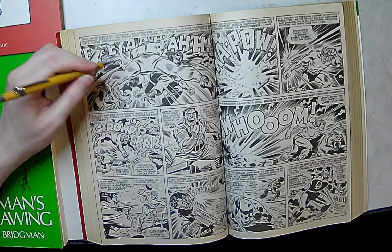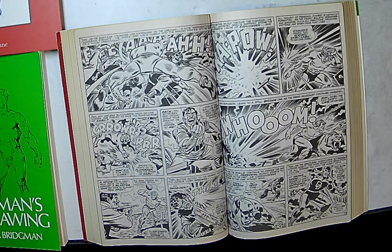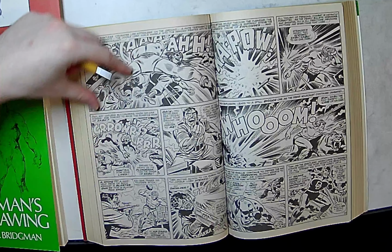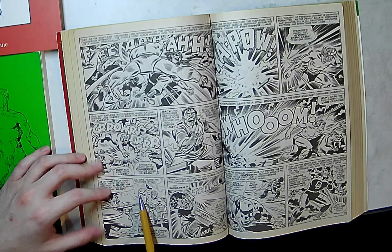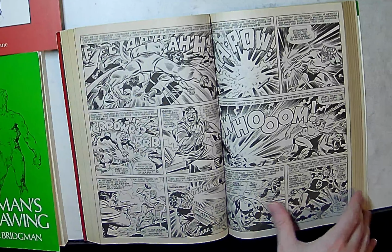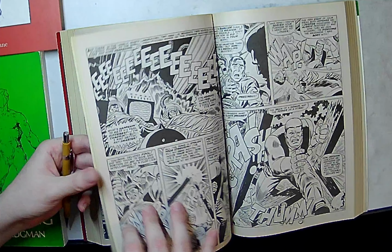I love the foreshortening of those legs coming back at you. The legs coming at you. I mean, that doesn't look that great, but it reads. And it's just amazing. I just fawn over this. I think it's great. And then he goes on and does great stuff later on, and then it's weird